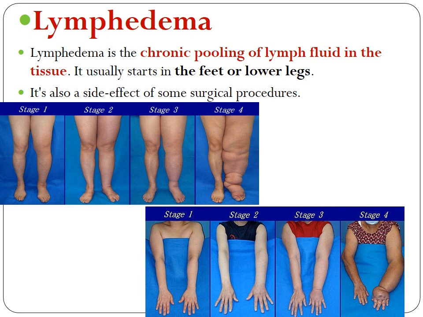And how does it affect and how does it proceed? So in stage 1, you can notice the difference in the legs. The right seems to be normal, whereas on the left leg you can see there is severe swelling, and that is the beginning stage. In the second stage you will see there is some kind of discoloration and the swelling has increased. And third, you see that there is drastic swelling towards the lower limbs, and you can see the ankle area as well. So you can see how swollen the legs have become, and finally it can end up like this, which in common terms is called elephantiasis.